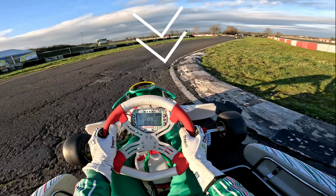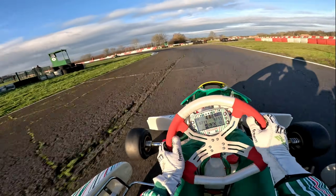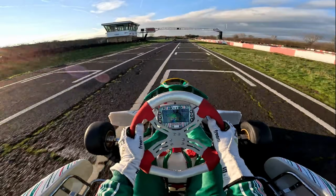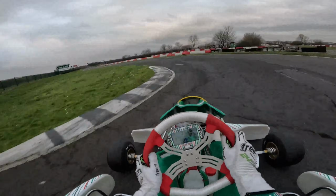There's a nasty bump at the apex of this fast right hander, but you've got no choice other than to drive through it because going around it would completely compromise your line onto the final straight. So it's full throttle and smooth steering inputs to take the neatest possible line out of the final turn and across the start line. So now let's watch another lap from the same day but with completely different conditions, much